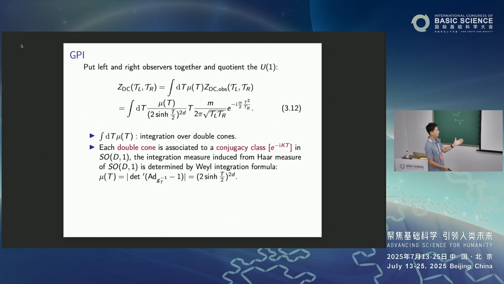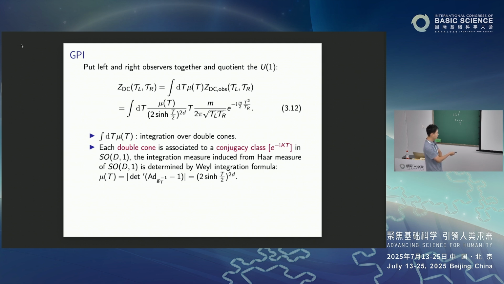But they are gauge equivalent. So that tells you that each double cone geometry is associated with a conjugacy class. Then the integration measure of the double cone is the one induced from the Haar measure of SO(D,1),